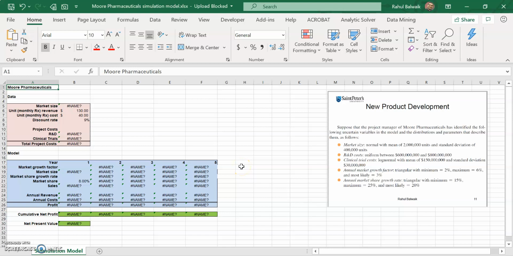Okay, so we just saw how the Moore pharmaceutical model was made. The next thing that we are planning to learn here is how to use Monte Carlo simulation in the Moore pharmaceutical model. To have the basic idea again, what is Monte Carlo simulation? We are basically changing whatever are the fixed values to randomly generated